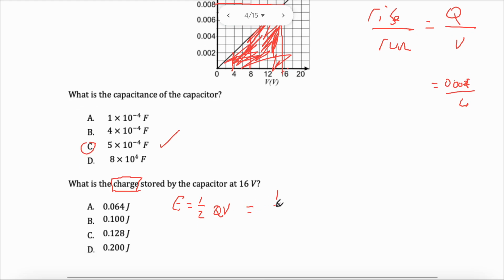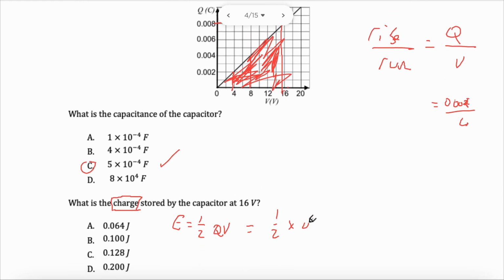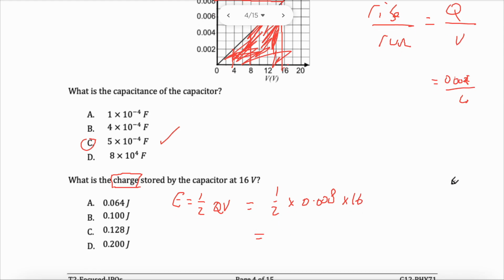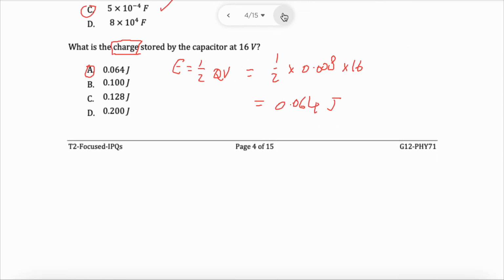A half multiplied by 0.008 multiplied by 16. And I wonder if I will get that answer in the answers. Let's check. 0.5 times 0.008 times 16. My answer is 0.064. Yes, it is 0.064 joules. So the question was asking for energy, actually. So it's a mistake in the question. A half QV, energy. Very nice. Okay,